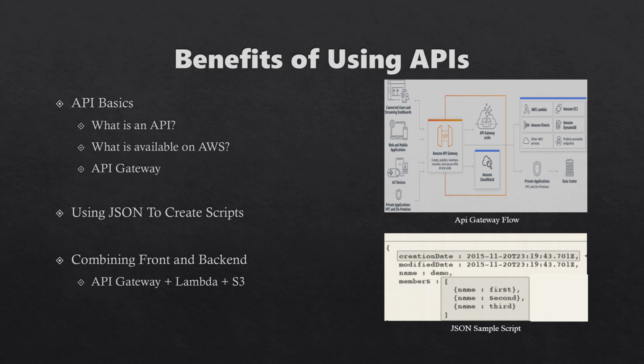We are now familiar with three core concepts of AWS, but how do they mesh? The short answer, endpoints and proxies. Upon selecting the API that you want to choose, we can then attach endpoints to both the Lambda function and S3 bucket. Setting up those endpoints, we can integrate a Lambda proxy with Gateway. Through JSON scripts, we're able to tie everything together, and before you know it, you have a front and back end service.